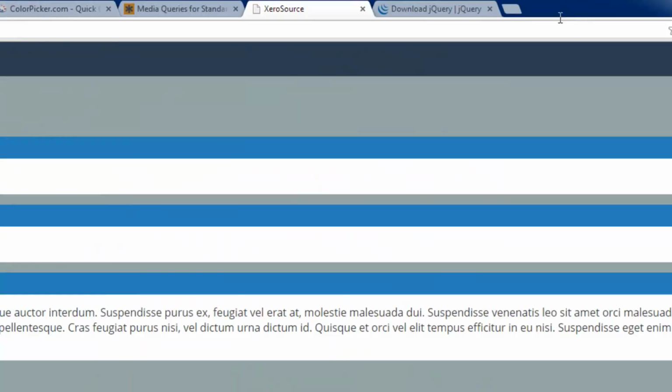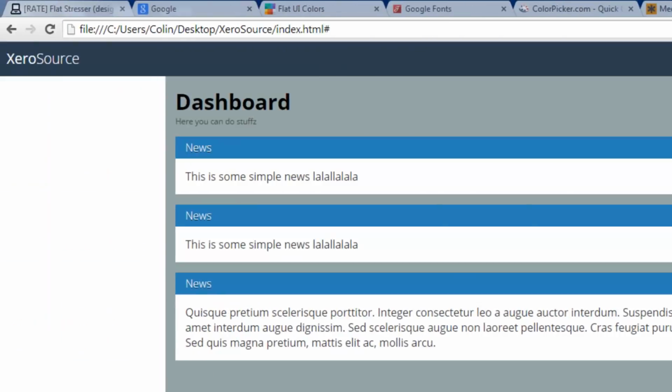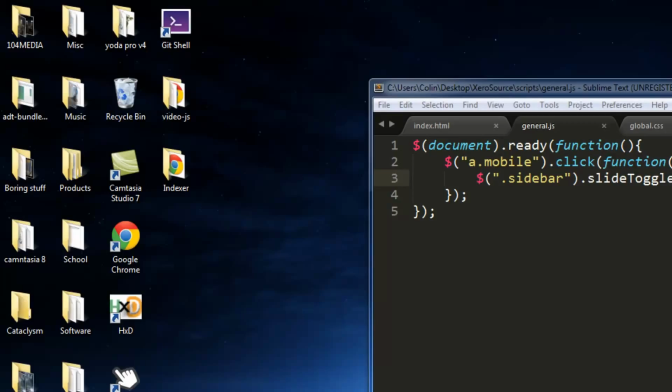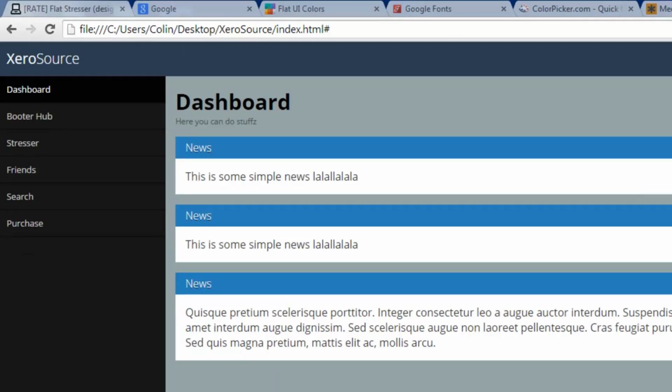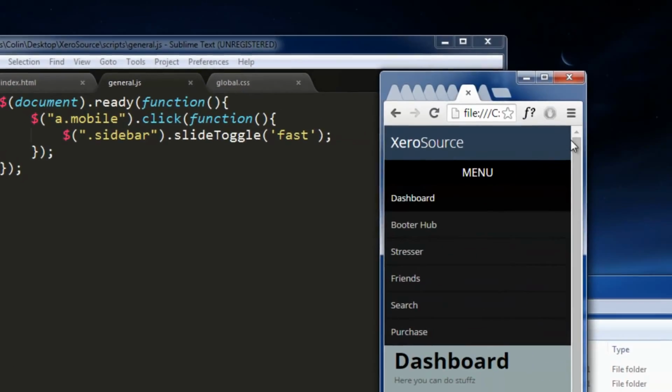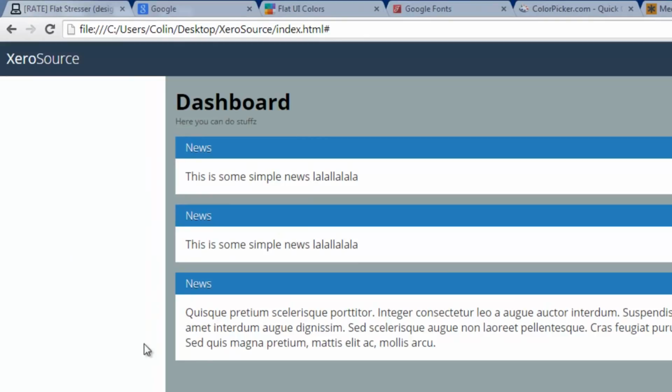It's really simple, really easy. But now we get a small problem, and that problem is that it's kind of annoying, because when we do this and we show it, it'll be shown, but then when we do this, it would stay on. So these are the kind of small problems that you would face. I'm probably not going to fix this in this video, but